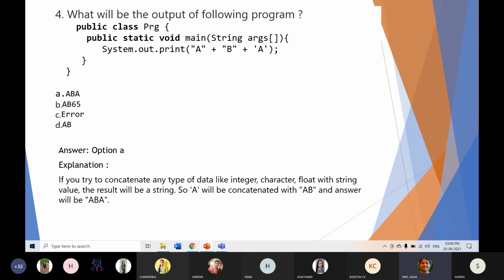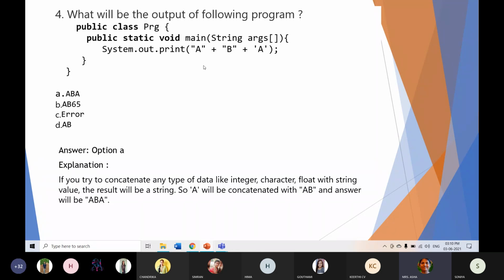Is it clear for everyone? Is it just like automatic type conversion, no? Samya, so A and B you have concatenated, so AB, and A is a character, so that is converted into a string, then concatenation takes place. Is it like that?